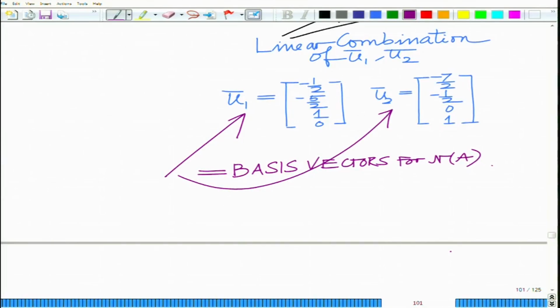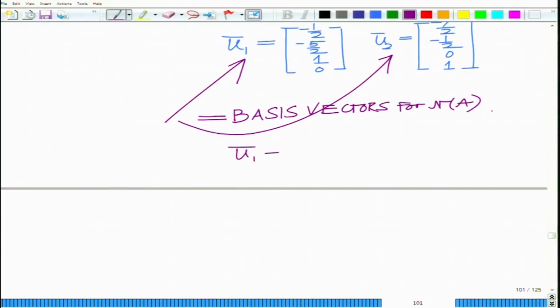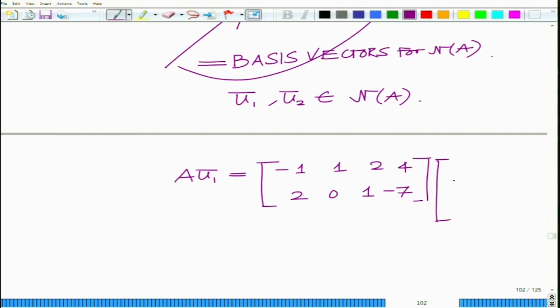That is, the null space of A is formed by all possible linear combinations of these vectors u1 bar and u2 bar. In fact, you can quickly verify that u1 bar, u2 bar themselves belong to the null space. For instance, if you consider A u1 bar, you can quickly check this. A times u1 bar equals the matrix minus 1, 1, 2, comma, 4, 2, 0, 1, comma, minus 7, times